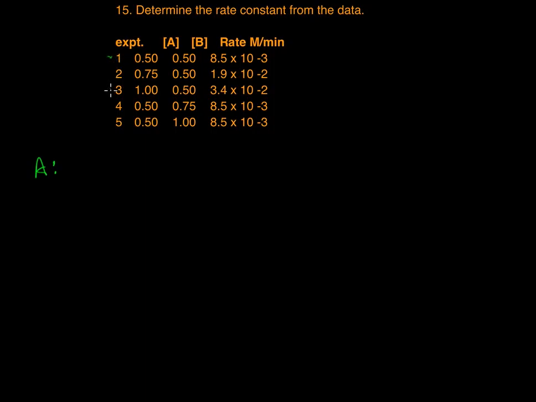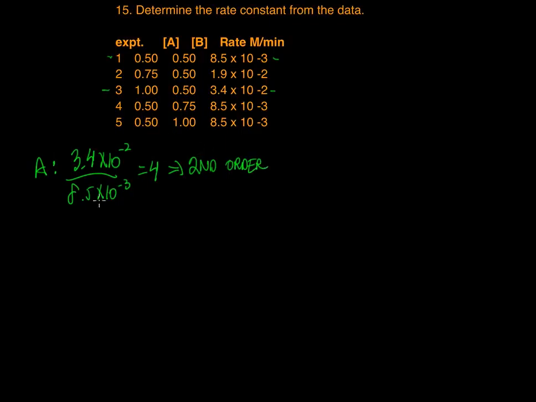So it looks like reactions 1 and 3: the concentration of B is steady at 0.5, and A doubles from 0.5 to 1. We take the corresponding rates and do the division. 3.4 times 10 to the minus 2 divided by 8.5 times 10 to the minus 3 is equal to 4. That tells us that the reaction is second order